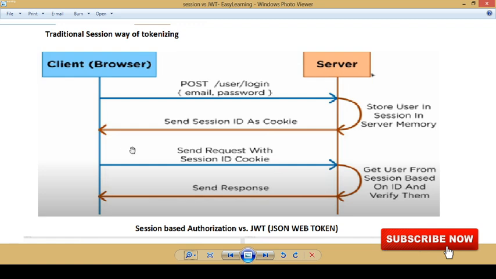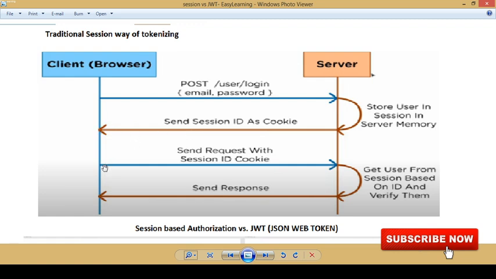So guys, as we remember in our session, the traditional way of handling: the client or browser used to send username and password or email and password as a post to the server. The server used to store this session in server memory, and then it will hand over the session ID as a cookie to the browser or the client.